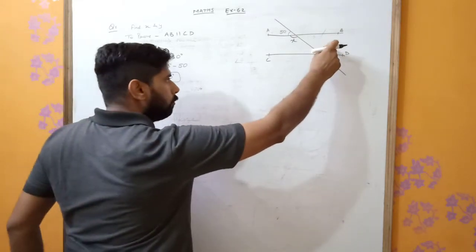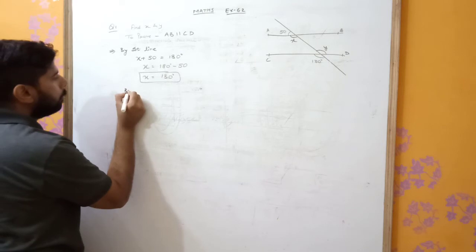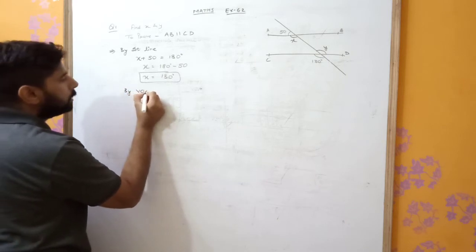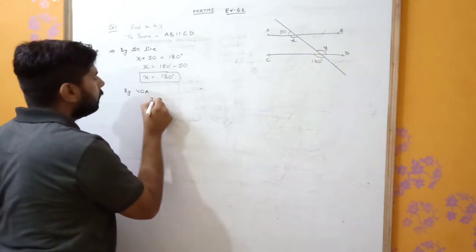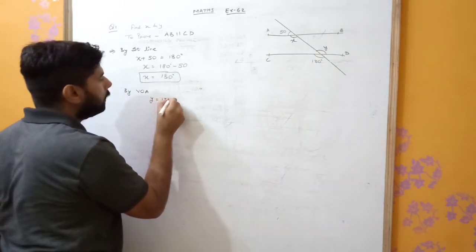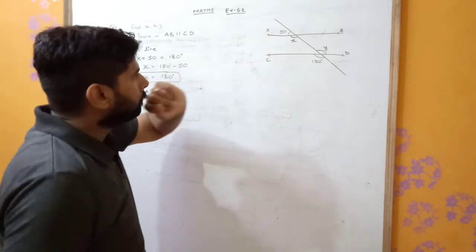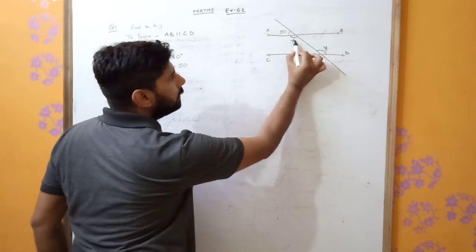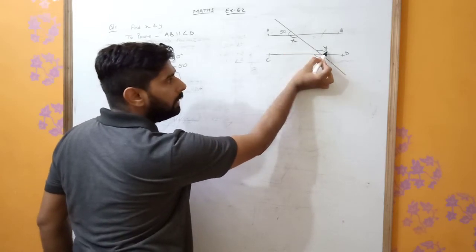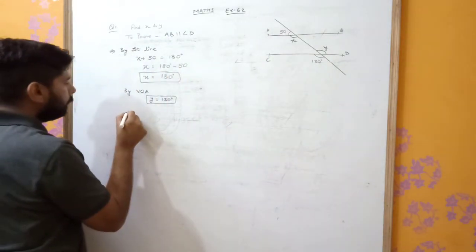Now Y and 130, these are vertically opposite angles. By vertically opposite angle VOA, Y is equals to 130. We got Y as 130. Now see, angle X and angle Y, these are alternate interior angles, they are between the two lines and are alternate interior angles. If